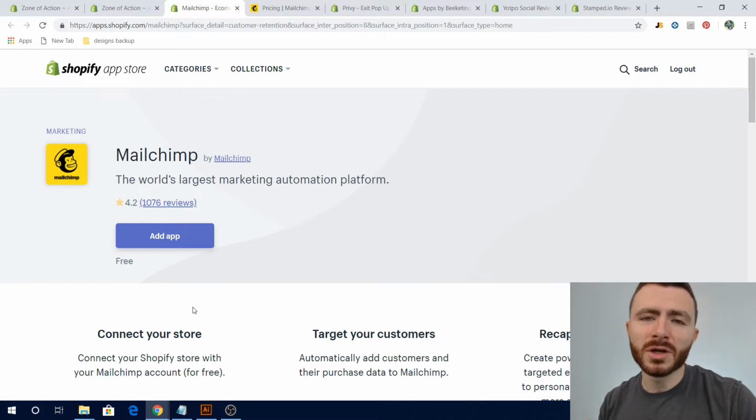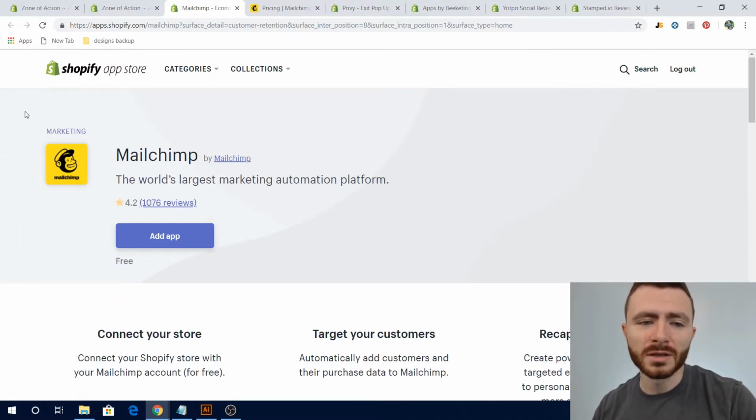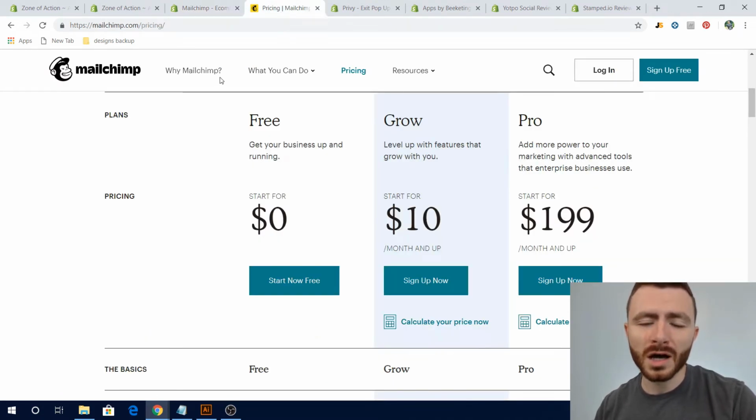So if you're not familiar, MailChimp is an email marketing service, and they also provide an app that integrates with Shopify really great, so that you can sync all of your customers and people who sign up for your email list directly to MailChimp's interface or their software. So I would download MailChimp, and then it just allows you to connect to your store immediately by having the app. And then if you go to MailChimp.com, they offer this free plan so you can get your business